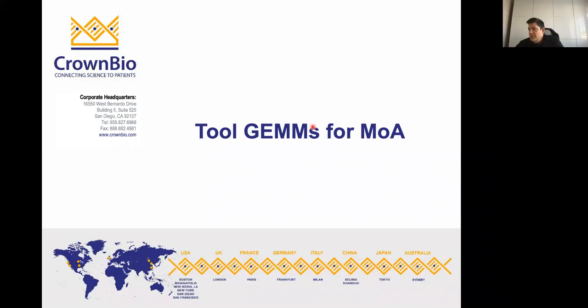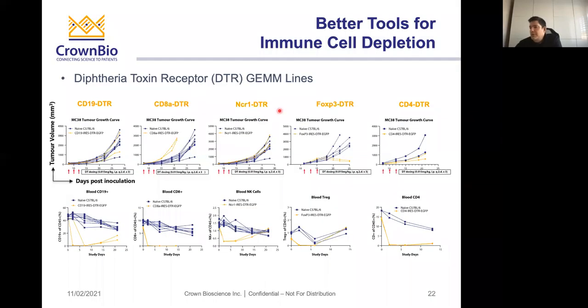So now I'm going to talk about a few models that we have also developed to understand the mechanism of action. They are based on genetically engineered mouse models. These models have been developed in addition to the antibody depletion that I've just shown you. You can use diphtheria toxin receptors, the DTR germline, to do the same type of work. So we have developed DTR mouse models again for different immune cell compartments: CD19, CD8, NK cells, FOXP3, and a CD4 DTR line. Basically, when you treat those mice with diphtheria toxin, it induces toxicity in the dedicated immune cells that are engineered to express the DTR receptor, and you deplete completely